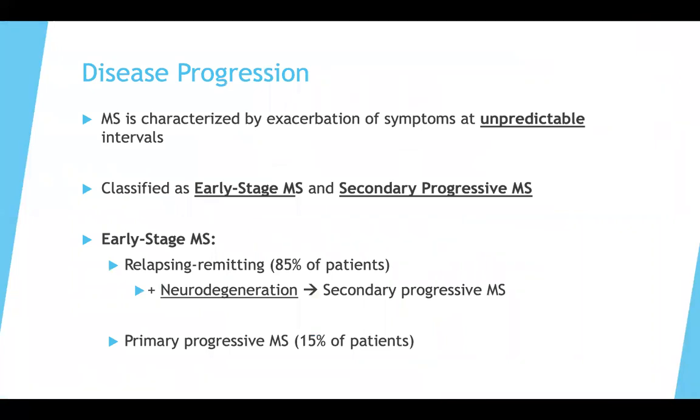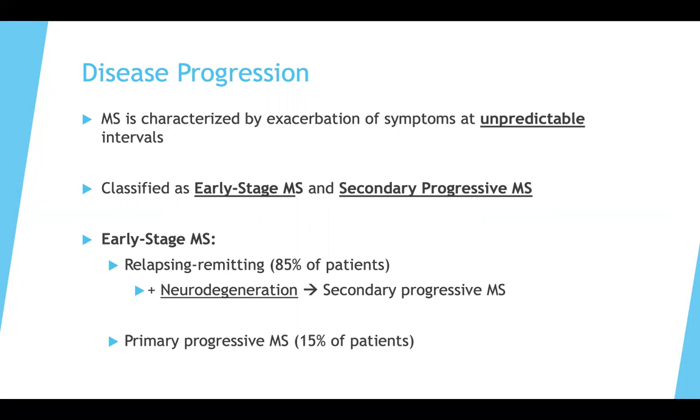In terms of the disease progression, multiple sclerosis is characterized by the exacerbation of symptoms at unpredictable intervals. It is actually quite difficult to predict when those flare-ups will occur. It can be classified as early stage multiple sclerosis and secondary progressive multiple sclerosis. Early stage MS can be subdivided into two main groups. There is primary progressive MS,